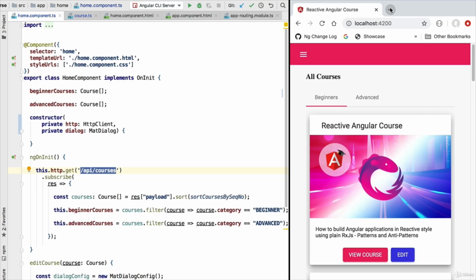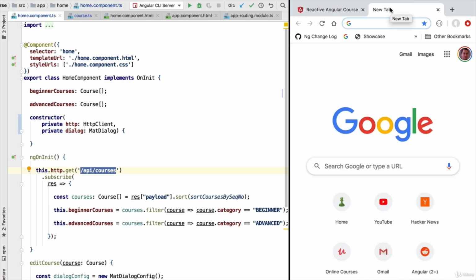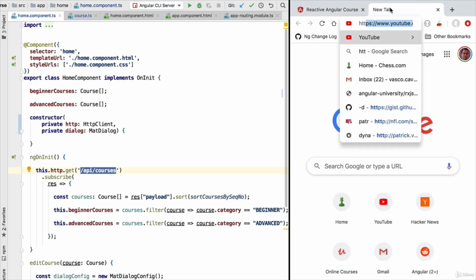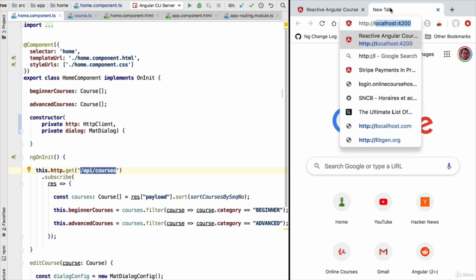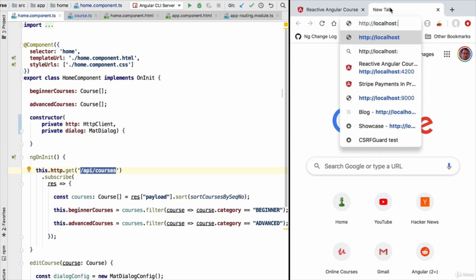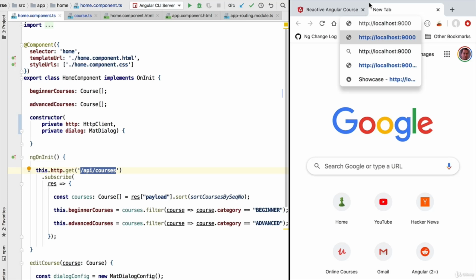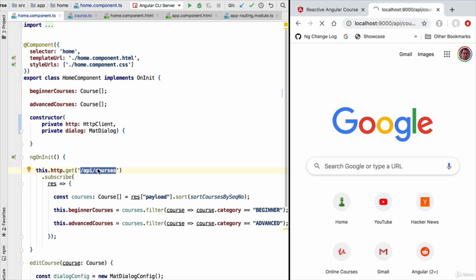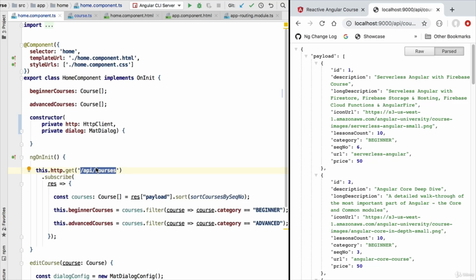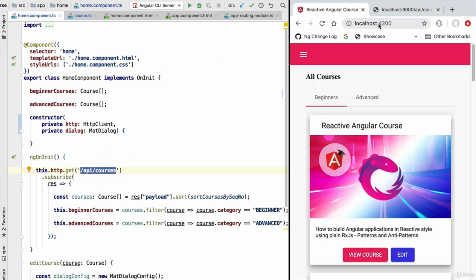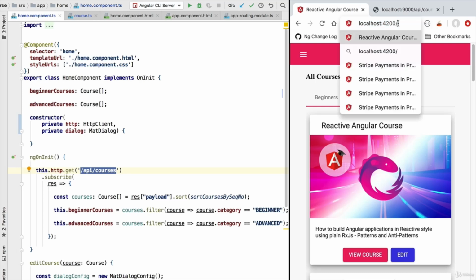/api/courses, is actually targeting our REST server that we are running in our second terminal. So I'm going to open here the endpoint that is getting hit. We are hitting with this HTTP request the endpoint under localhost 9000 /api/courses. And how is this working? Well, this request here would normally hit localhost 4200